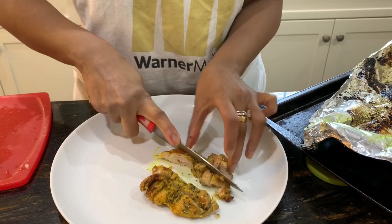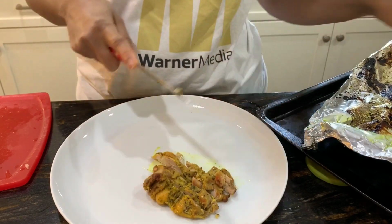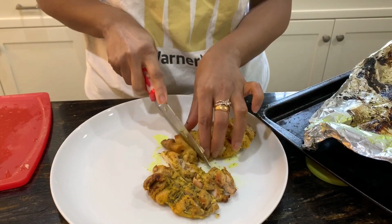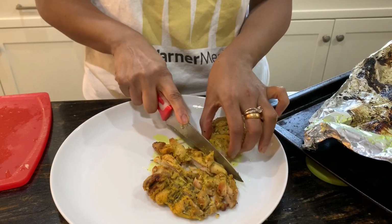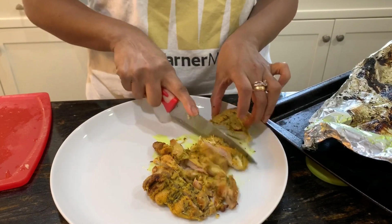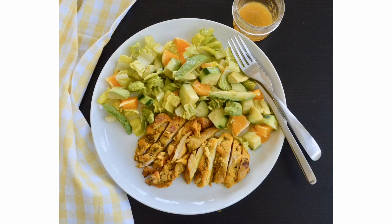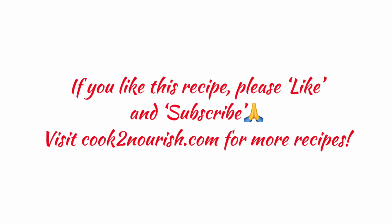And now when it's ready to serve, see how juicy and moist the chicken pieces look. By the way, this recipe will make 2 portion sizes if you are going to pair it with either salad or vegetables. Hope you like this recipe,